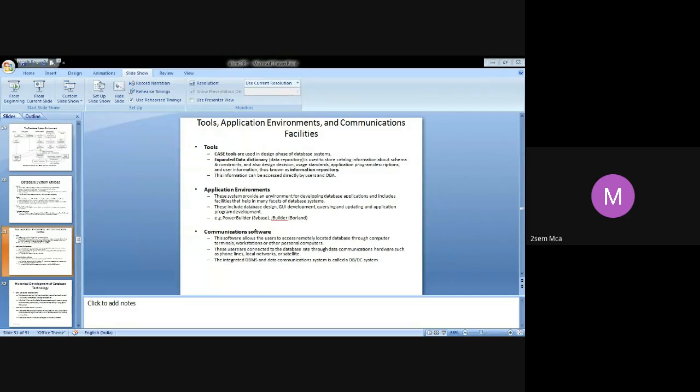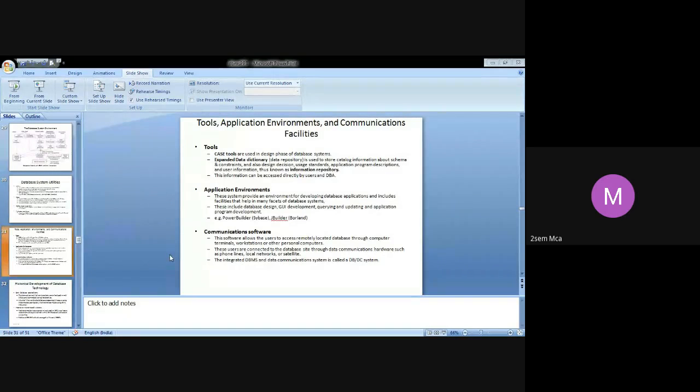Were you able to see the database system environment, the first figure? Yes, ma'am. And then I changed it to database system utilities. I came to this loader slide and all. Were you able to see that? No, ma'am. We couldn't see database system utilities, ma'am. Okay. Now you are able to see this tools application, is it? Yes, ma'am. Okay, fine.